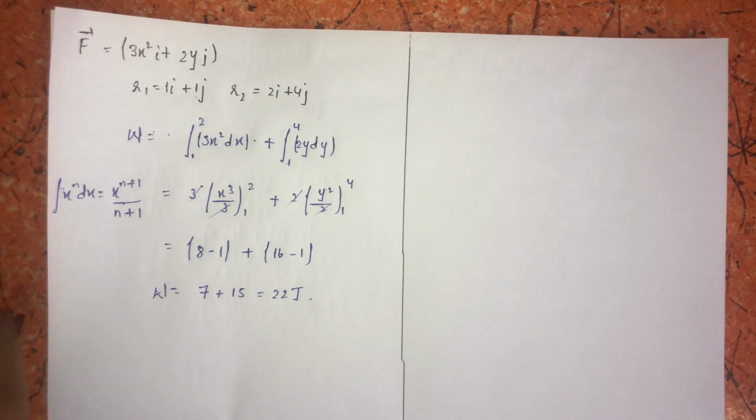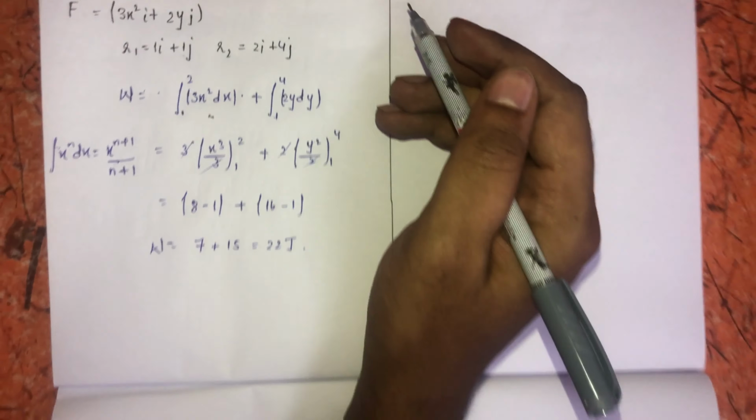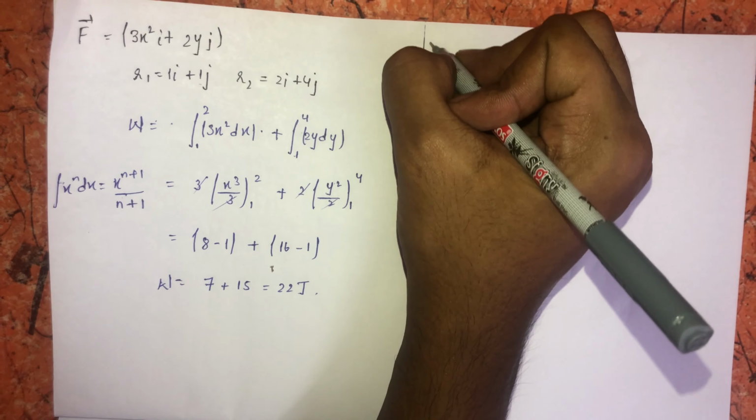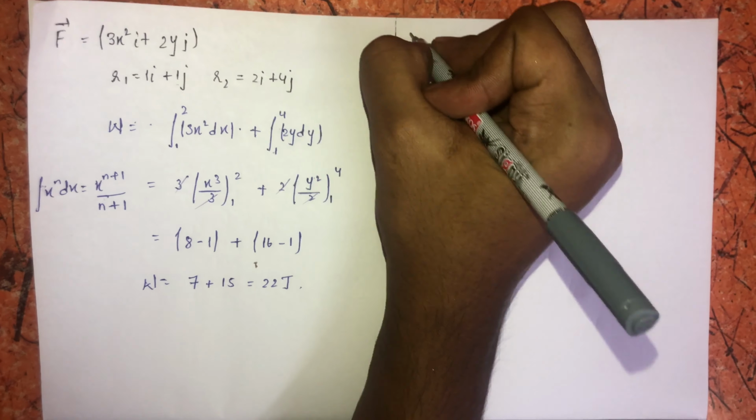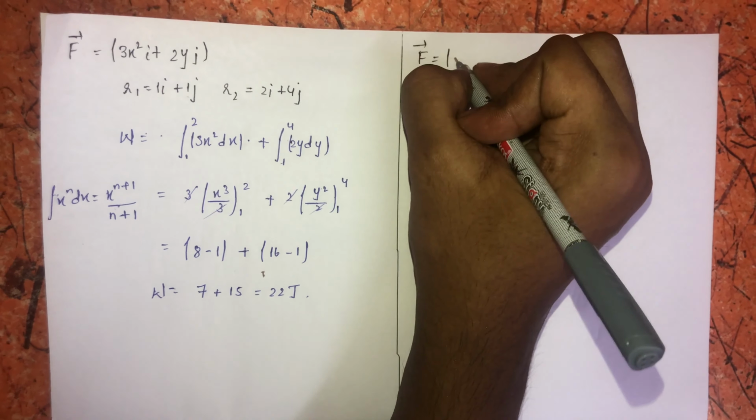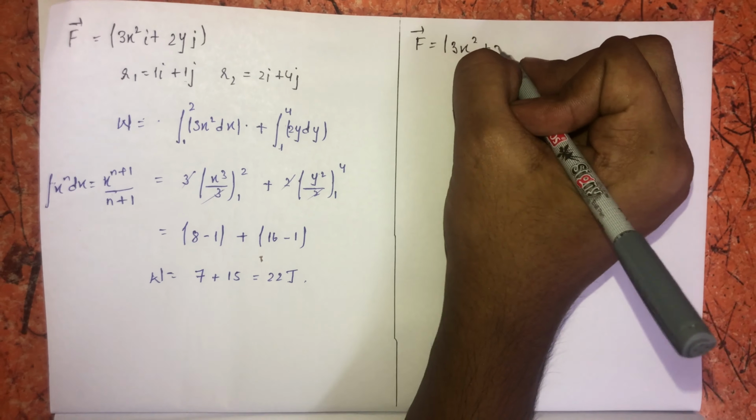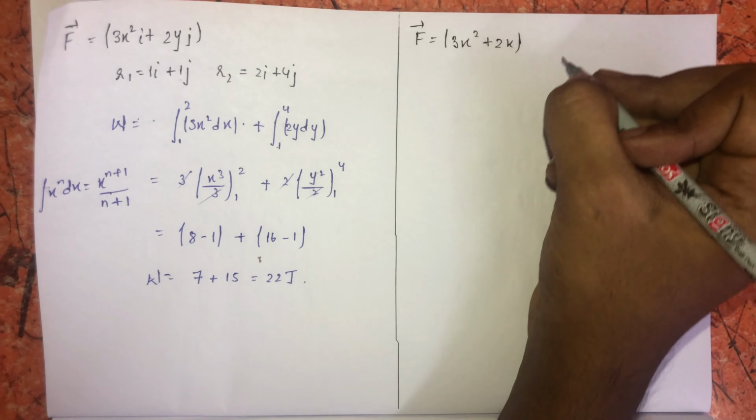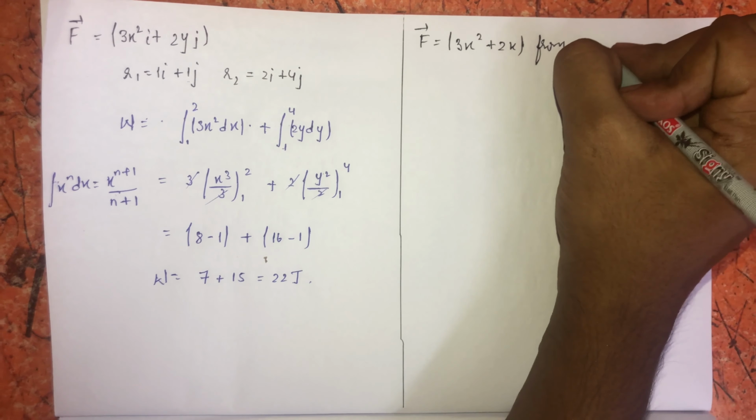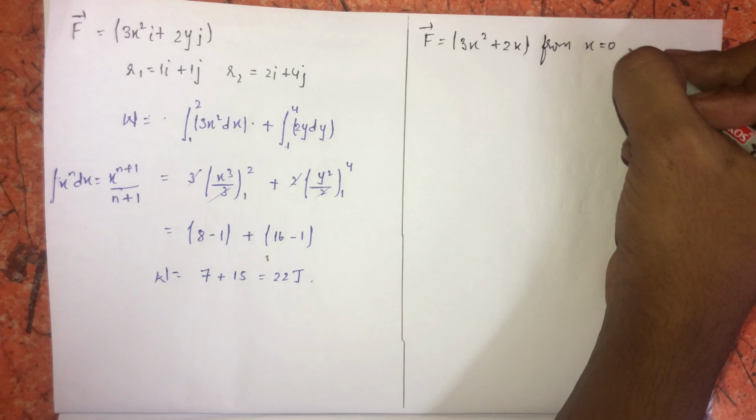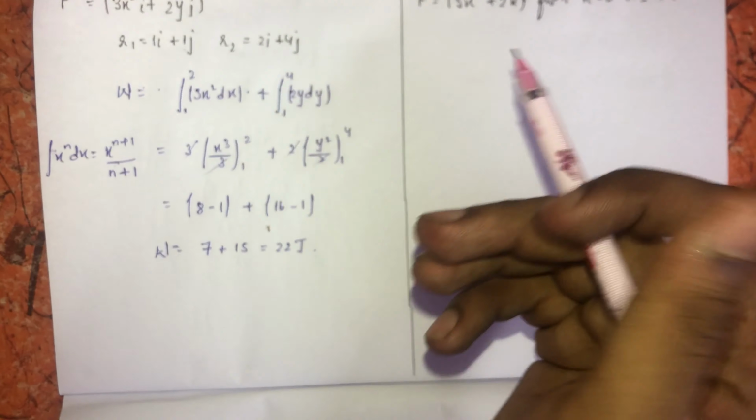Clear. Now let's look into another problem. If the variable force is given as F equals 3x square plus 2x, from x equals 0 to 2 meters, then work done will be equal to